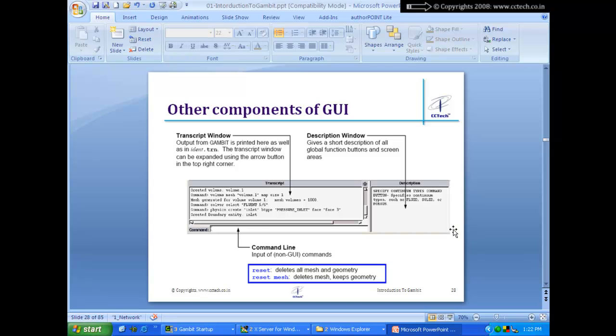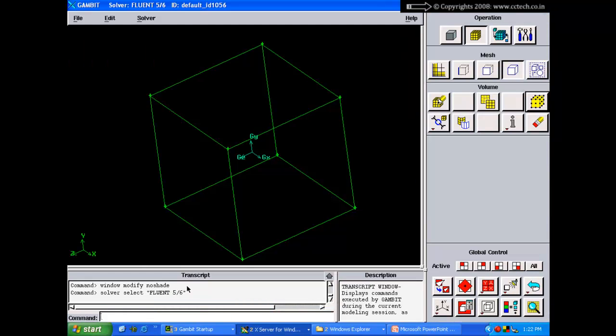And these are the other components of the GUI, which are nothing but a transcript window, the description window, and the command line. This is the transcript window, this is the command prompt where I can type the command, and this is the description window. So